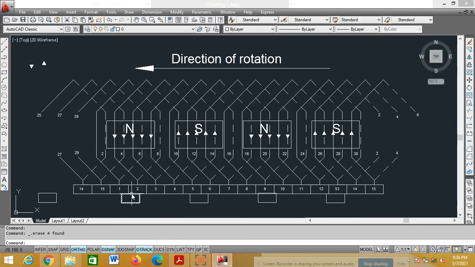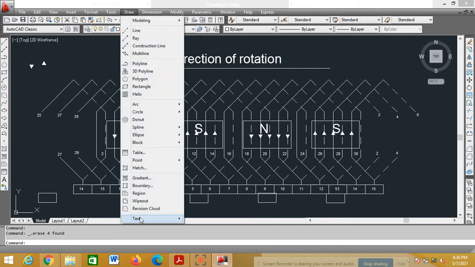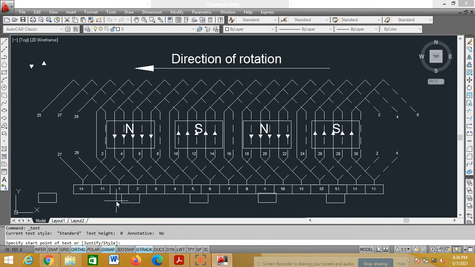Now under the north pole, I told you for progressive lap and retrogressive wave, under north pole it is positive. So it is a progressive lap, under north pole it is positive. Again go for draw, text, single line text. Select here. Height you give it as 0.5, enter. Rotation angle 0, enter. So click here, it is positive.